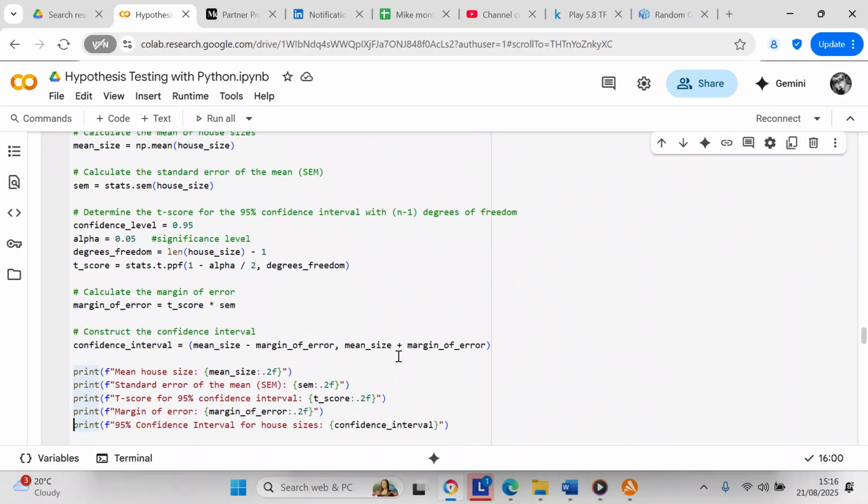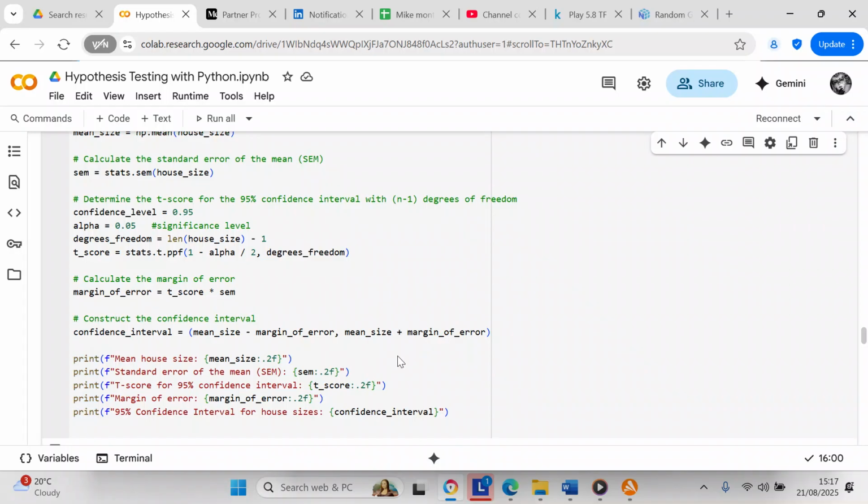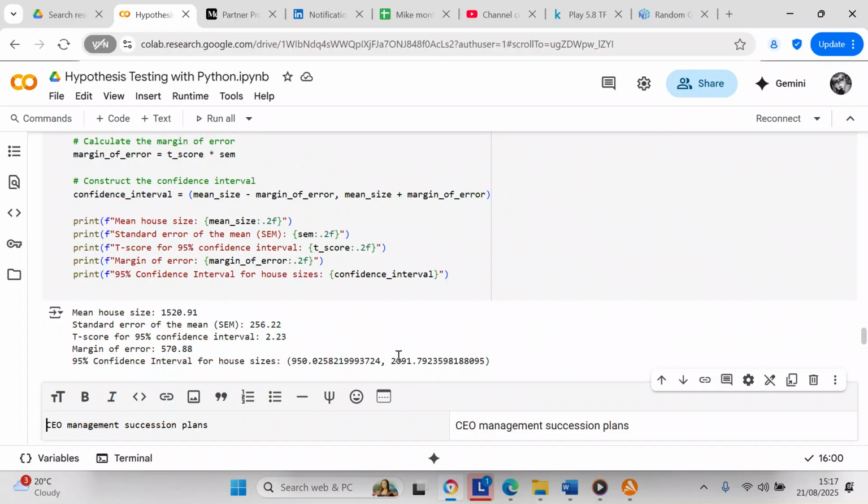So we're going to print out the mean size of the house. We're going to print out the standard error of the mean. We're going to print out the t-score for a 95% confidence interval. We're going to print out the margin of error, and we're going to print out the 95% confidence interval for house sizes. So we're going to print all that out. So your mean size is